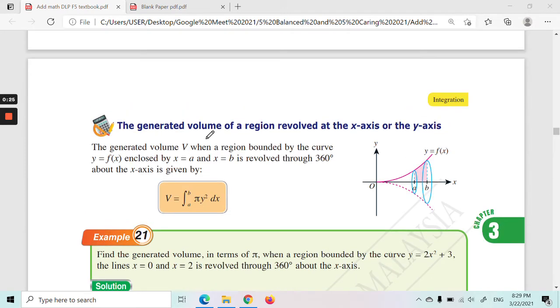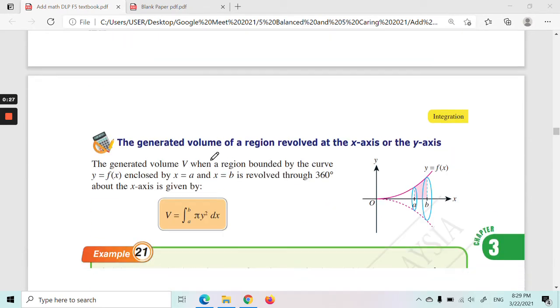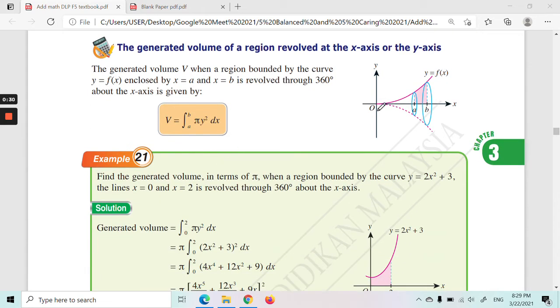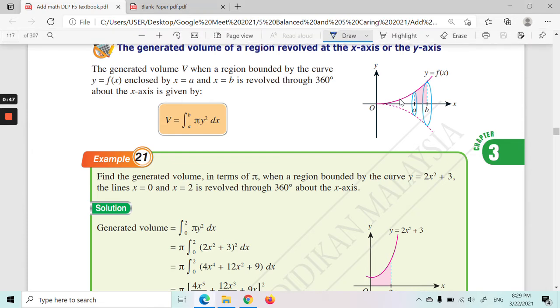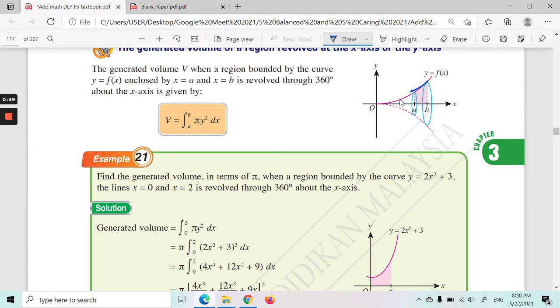So look at page 107. The formula will be like this. Find the volume generated when the region bounded by the curve. At first you need to identify where is the region that they mentioned. When the region bounded by the curve, the curve is this one, bounded by x equals A, x equals B, and also the x-axis is revolved 360 degrees about the x-axis, meaning